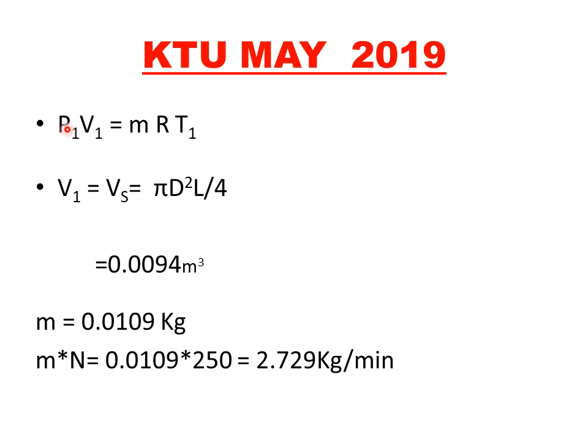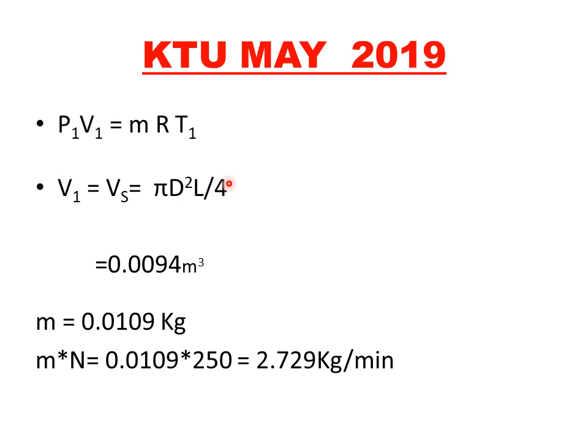So here you know the value of P1, you know the value of R, you know the value of T1. Once you know the value of V1, you will get the value of M. So first of all, you just find the value of V1. Here it is mentioned that we can neglect the clearance. So in this case V1 is Vs, that is pi d square L divided by 4. If we consider the clearance, then V1 minus V4 is the suction volume. You cannot equate V1 equal to Vs. Since it is given that we can neglect clearance, in that case V1 is equal to Vs is equal to pi by 4 d square L.